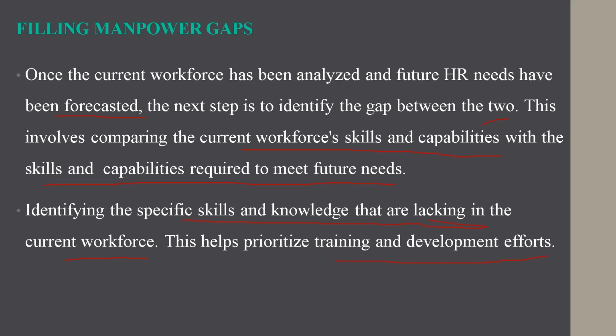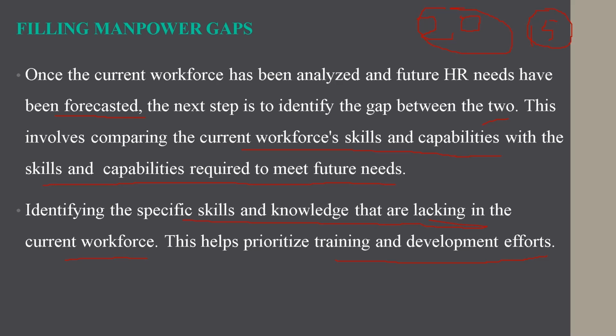Okay, so hope you understand by reading this. Let me take an example to explain the manpower gaps. Suppose I have forecasted, I'm expecting to recruit 20 employees in future, which means I have a demand of 20 employees. So here I have analyzed that 15 employees' skills and knowledge are matching with the need. So how many employees do I have? 15 already in my organization. So how many people do I need to recruit? 5 more, right?